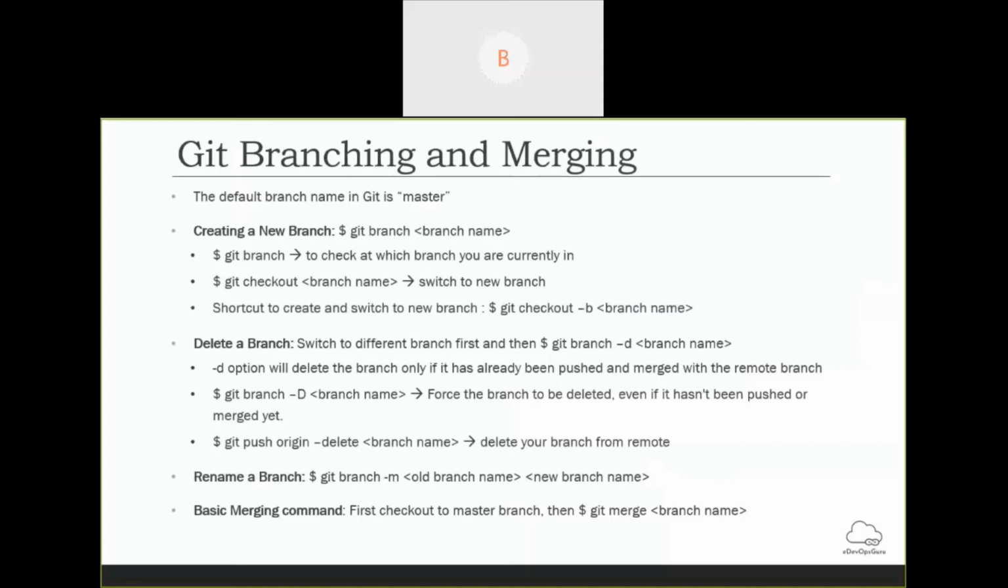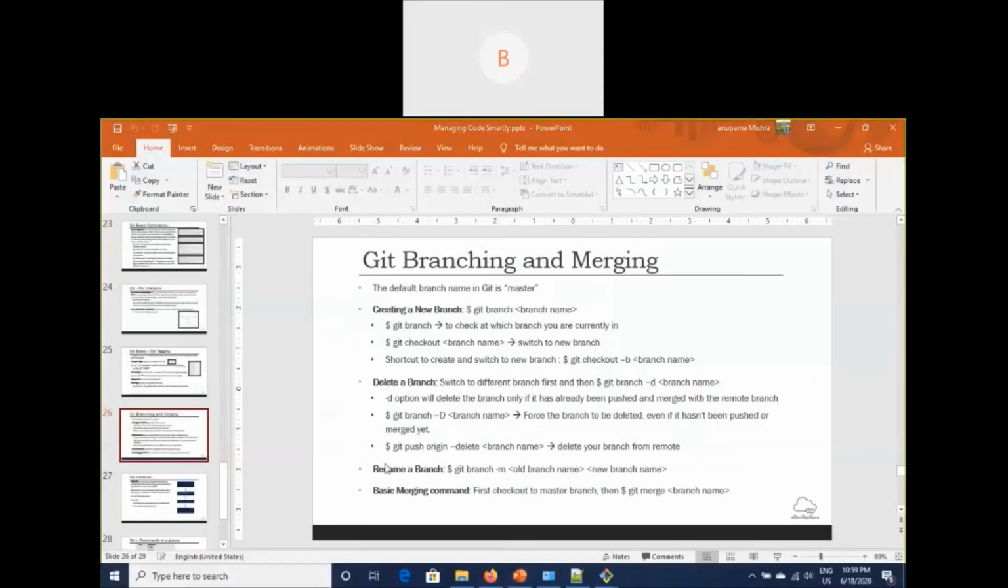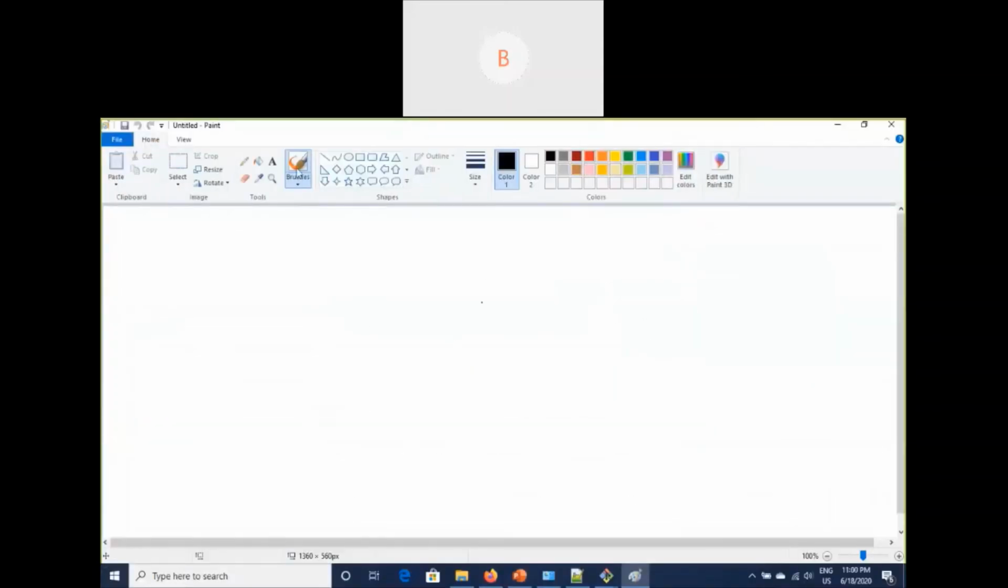Okay, now comes the branching and merging. So branching is nothing but a safe way of working. By default Git has one branch called master, and second I can explain to you. So if I see by default,